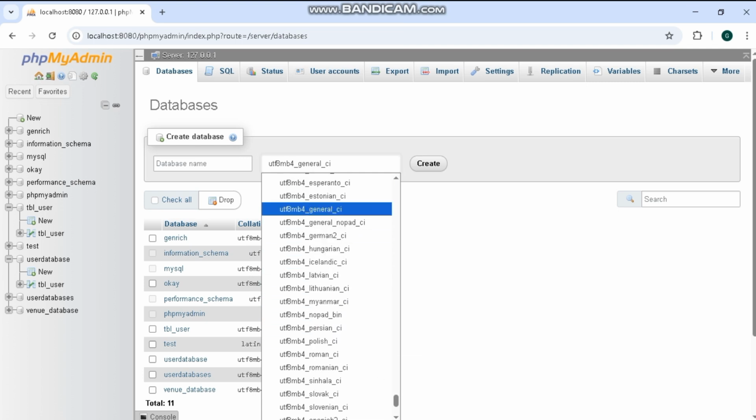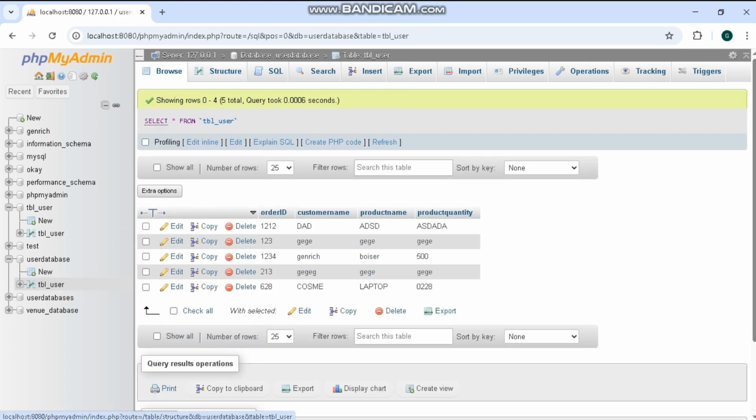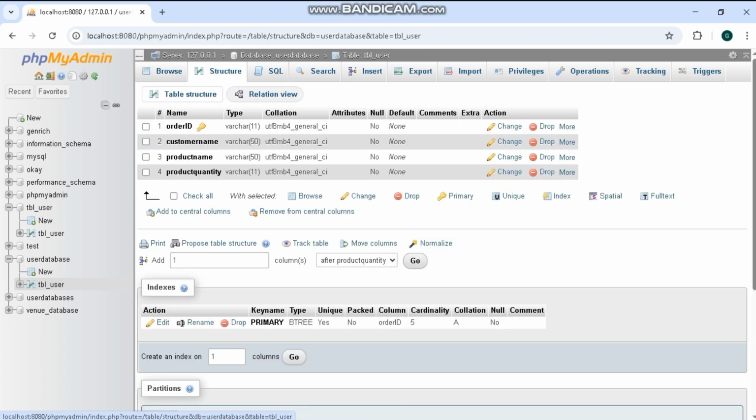general_ci. Just click it, then create. But you need to type your database name, and I prefer to use user database. I already have a table, but I will show you what is the next step if you click the